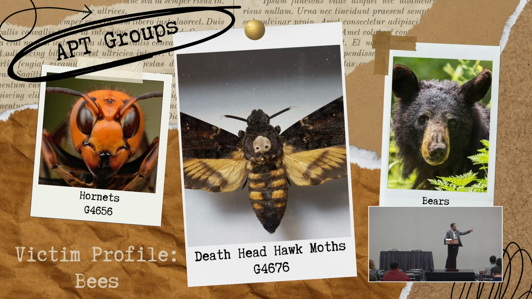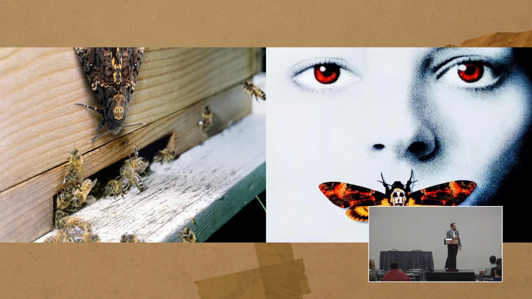Now, one that I wanted to focus in on here when we think of advanced persistent threats and some of the ways that they're able to evade bee detection and actually get into the hive and do damage is this death's-head hawk moth. Now, some of you may recognize this, right, from some pop culture references. When we look at The Silence of the Lambs, that's the death's-head hawk moth. This particular moth is fascinating, incredibly so, on its own right. It actually begins this migration from northern Africa and flies thousands of miles all the way to Europe. And scientists are studying this moth and looking at ways they can optimize paths based on the way that it leverages the magnetism of the earth and the ability to identify cardinal directions and get to locations.